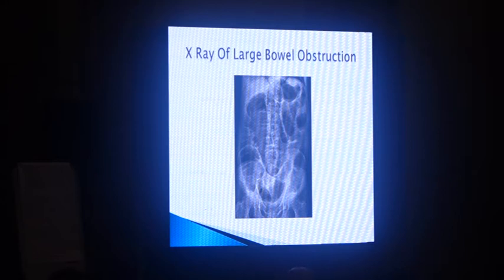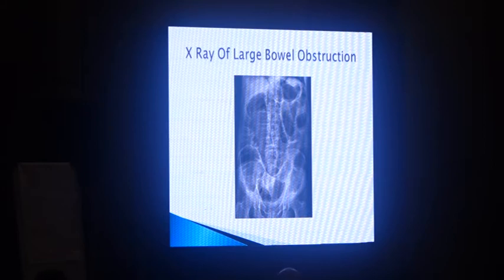Now this is the X-ray of large bowel obstruction. We can see the dilated small gut as well as large gut. But below we can see that the mucosal folds are not from one wall to the other side of the wall. In the upper segment we can see this type of pictures. And these are basically the dilated colon, and the diameter is more than 6 centimeter. So definitely this is large gut obstruction.